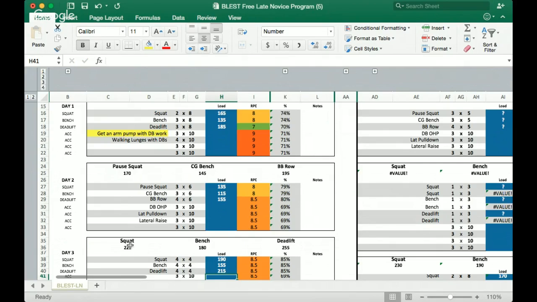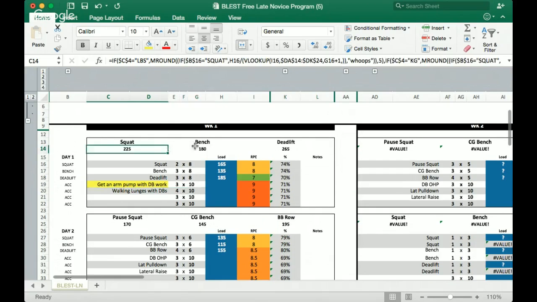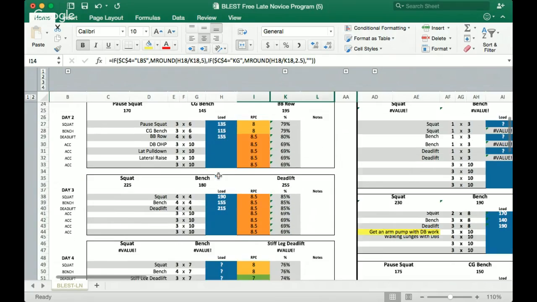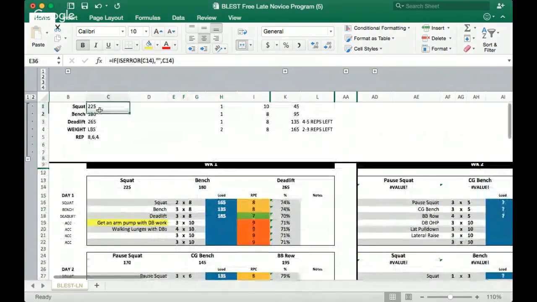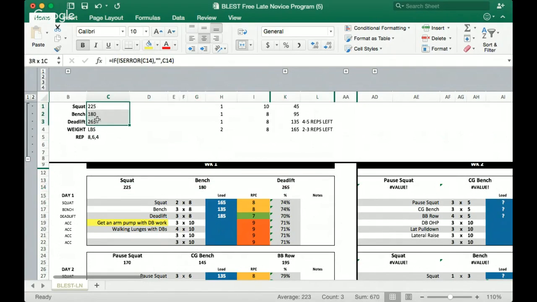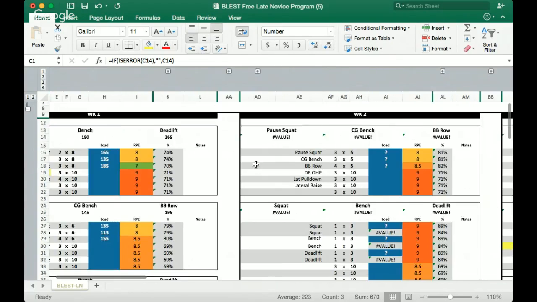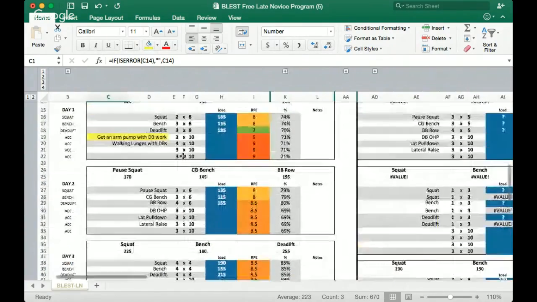Let's see how I did on actually matching some estimated 1-rep maxes. We got 225, 180, 255, 225, 180, 265. Hey, pretty good estimated imaginary numbers here. You'll also notice that up here, your estimated maxes have been populated. Those come out of your first day. I want you to compare your estimated 1-rep maxes here to the estimated 1-rep maxes that show up at the end of this training cycle. So anyways,